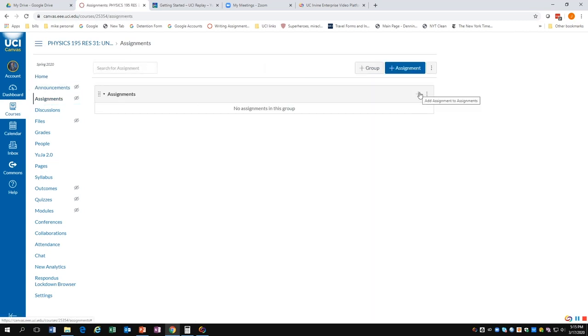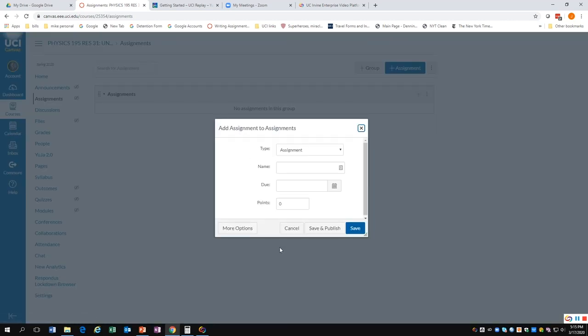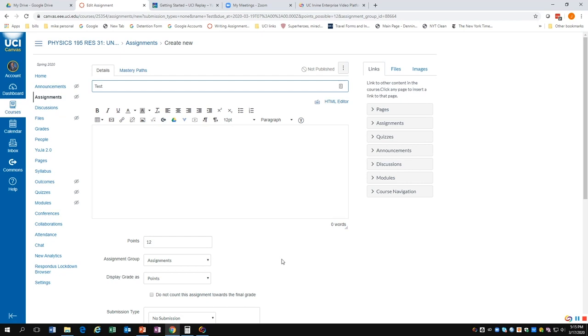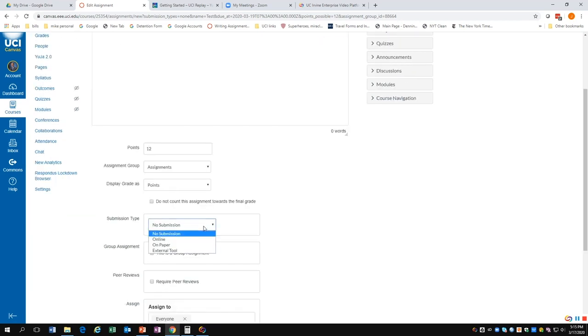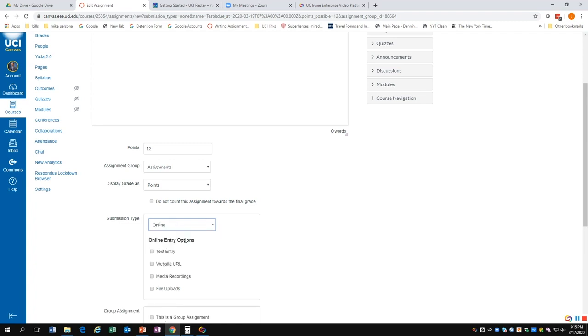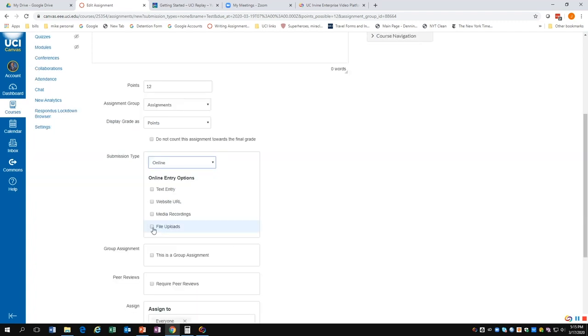You would add an assignment to the assignments and you would go through the different types. This is an assignment. You can do discussions, quizzes, external tools, and so on. You would give it a name. You would give it a due date if you wanted that. If it's assigned points, you would give it a certain number of points. You would look at more options if you wished, because one of the things you would likely do is have a submission. In this case, if you want them to upload it, it would be an online submission with a